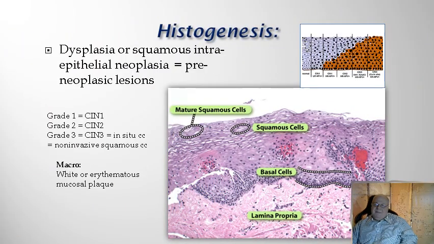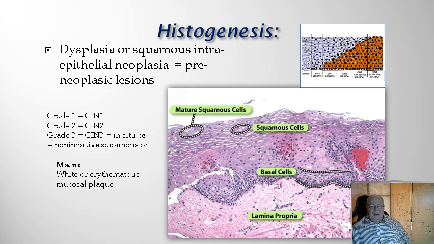An extremely important idea coming with squamous cell carcinoma is the fact that before having a squamous carcinoma, we have a pre-neoplastic lesion called dysplasia. It's also possible to name it squamous intraepithelial neoplasia or in situ carcinoma. This dysplasia